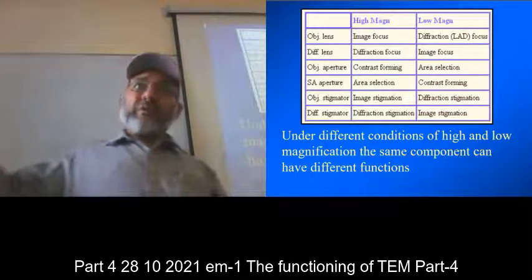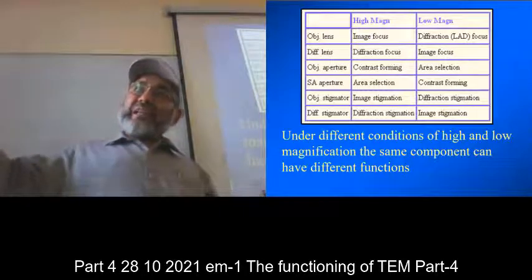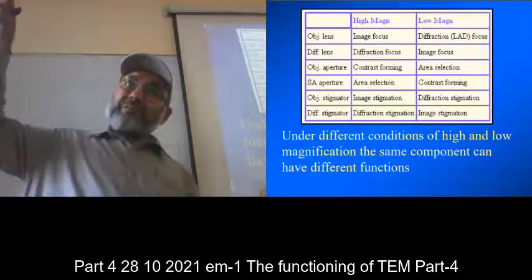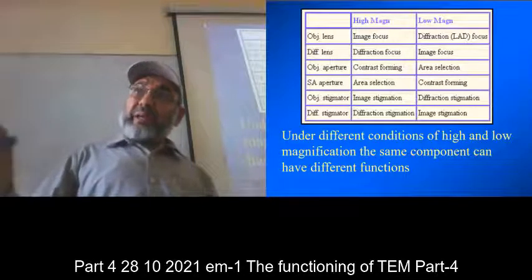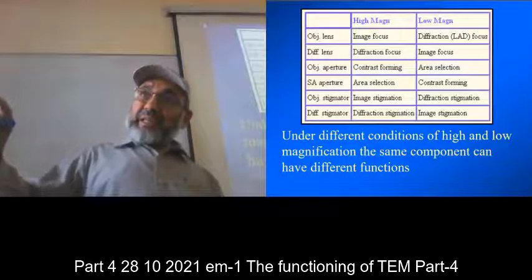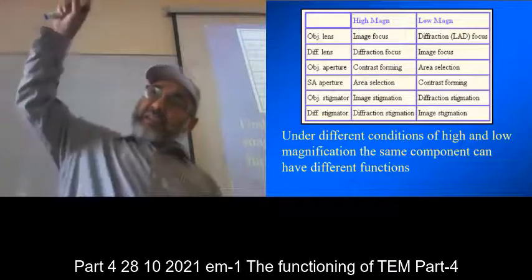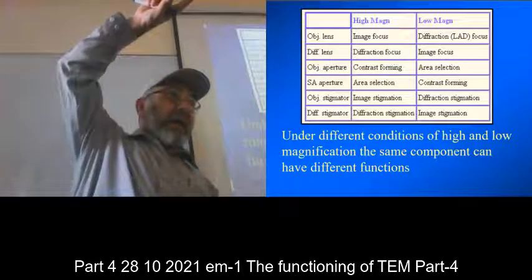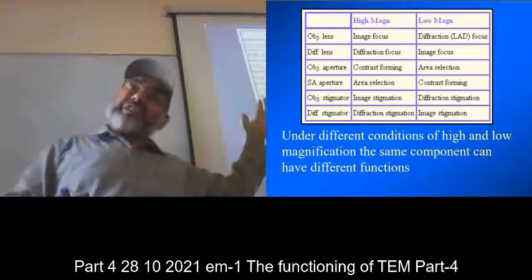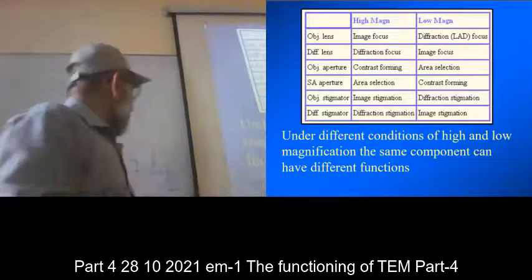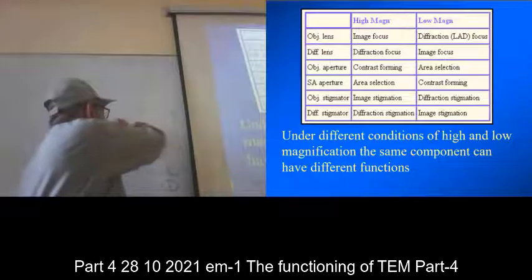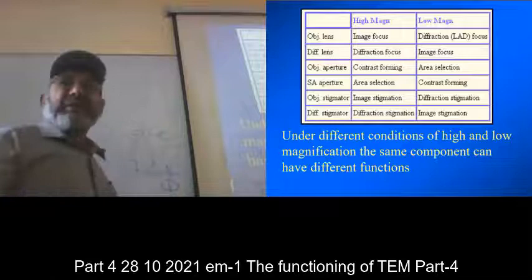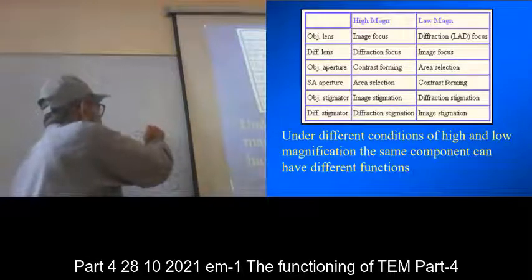And you have knobs to increase or decrease current in that particular coil. You have a knob on the panel of the machine, and by increasing or decreasing the current in the coil, the electromagnetic field changes there. And that focuses the diffraction spot. The diffraction spot will appear like this, but this is a confusion, because if this is